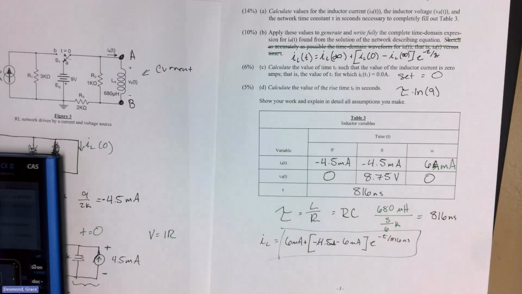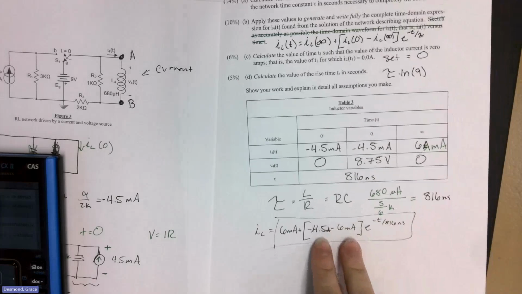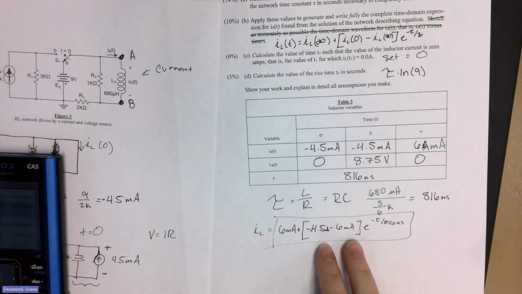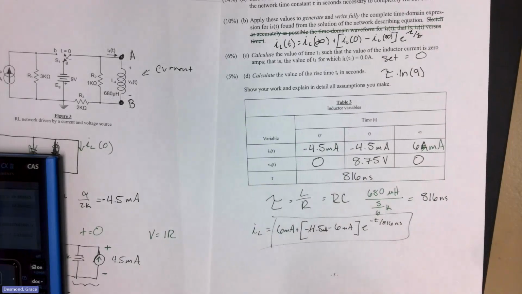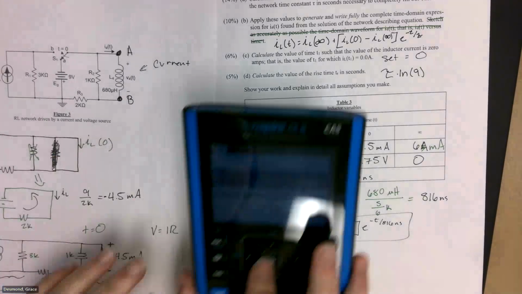I don't care if you simplify this, and I honestly suggest you don't, because the least amount of math that you do in your head, the better off you are. So just hit solve for T. Y'all remember how to solve in your calculator. I think I'm going to go over it again in case